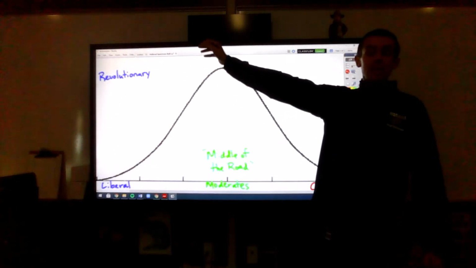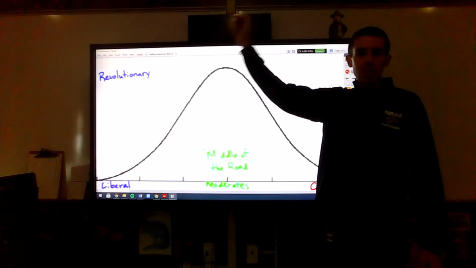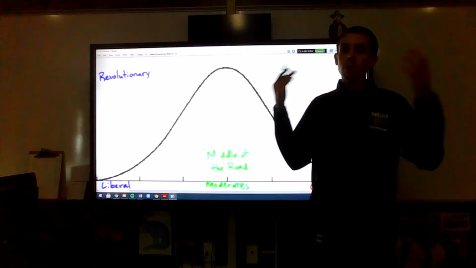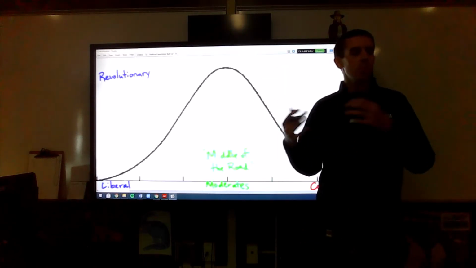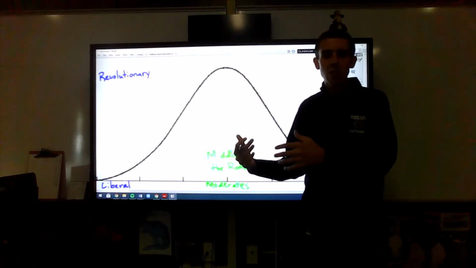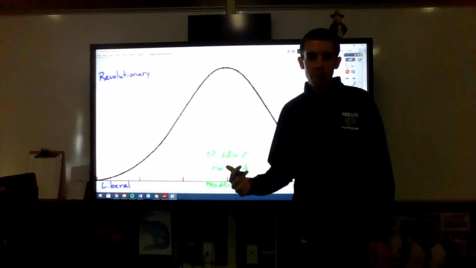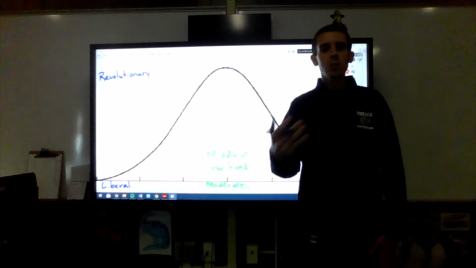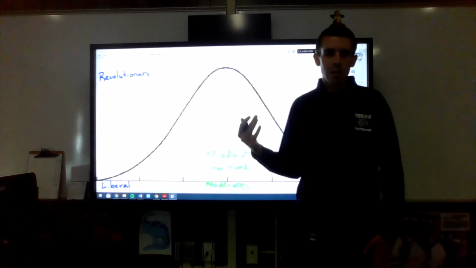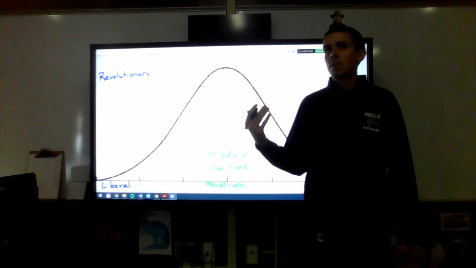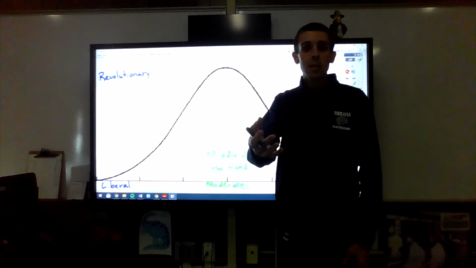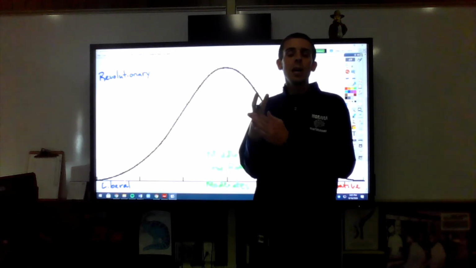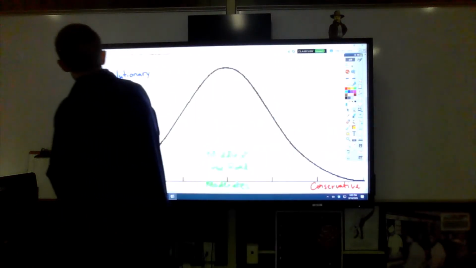Revolutionaries, they want to change society, but they want to do so drastically and very, very quickly. So revolutionaries are people who want to overthrow the government and want to do things that would get massive changes very, very quickly. Those would be revolutionaries. Now, we have a couple good examples of revolutionaries that have happened over the course of history. For example, Joseph Stalin. Most of the time, revolutionaries, we would call them either communists or socialists. We would call those kind of two groups. So I'll write those in there.